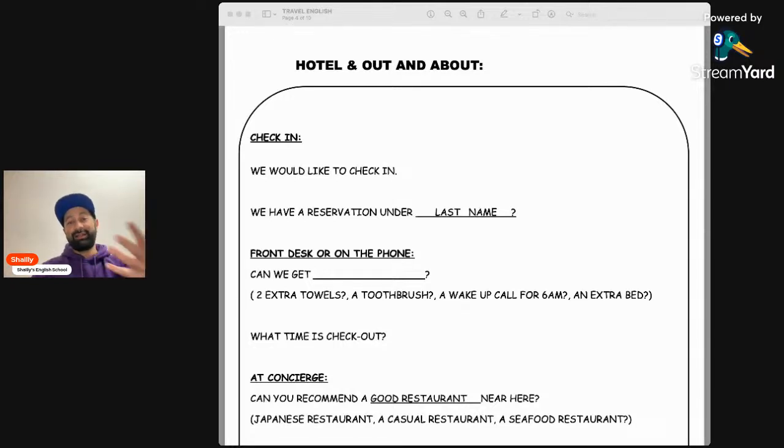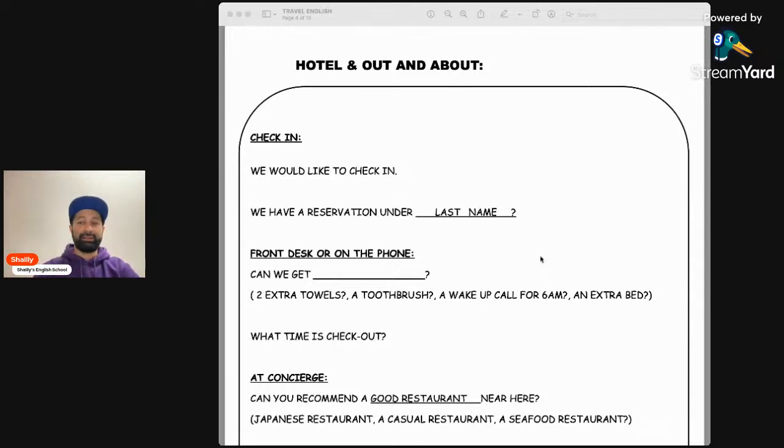Then after I give you the phrases, next, I will give you some different situations. And you have to use the phrases that are in this box that you can see on the screen. So you have to either remember the phrases, or if you want, take a screenshot of it or write it down, however you want to do it.